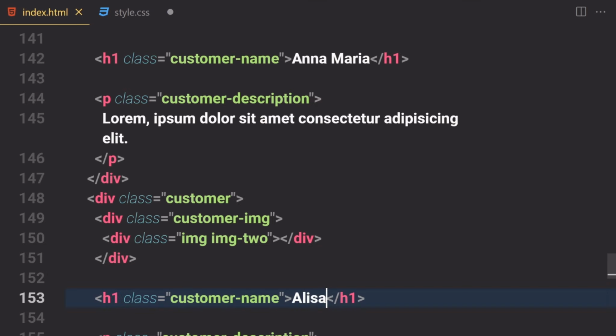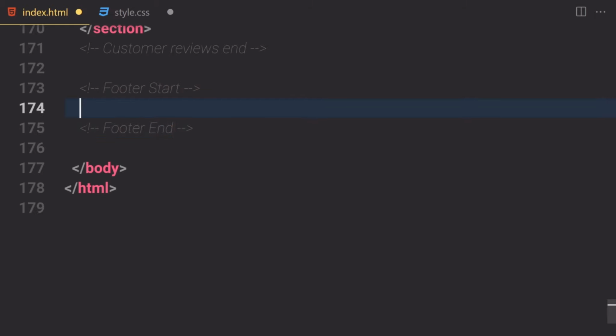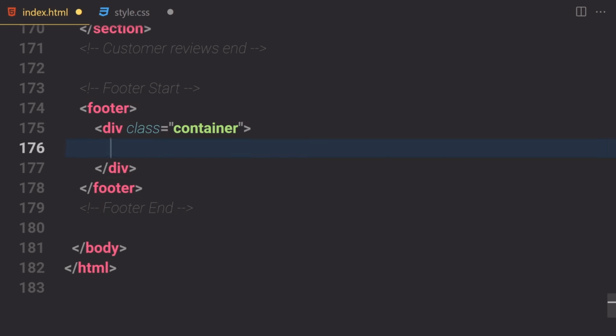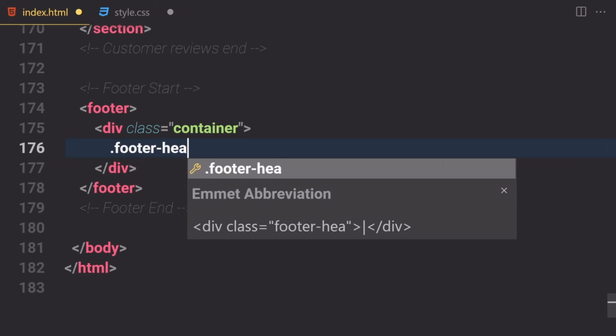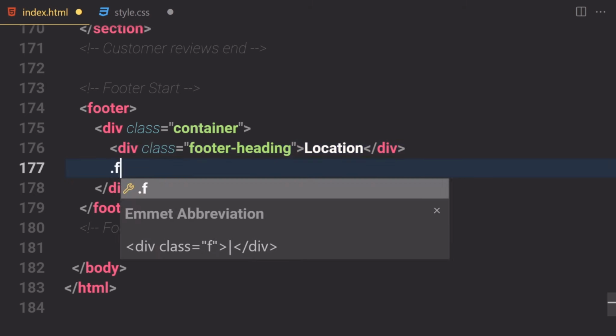And now let's finally start working on our footer area. This is going to be the final thing of our project. So here we just have to write footer start and duplicate that, footer end. Let's write our footer. Inside this footer we are going to be writing our container. Inside that container we are going to be writing a footer heading, and here it will be set to location. And then we have a footer